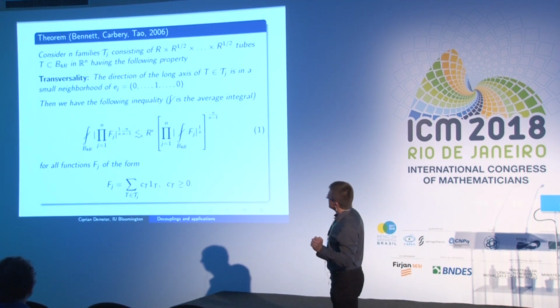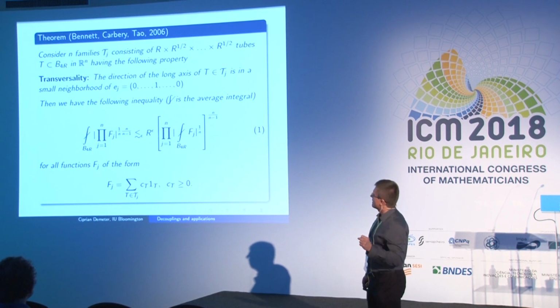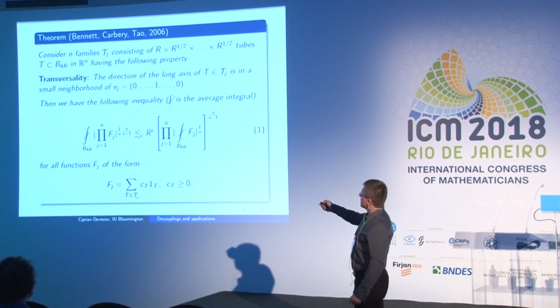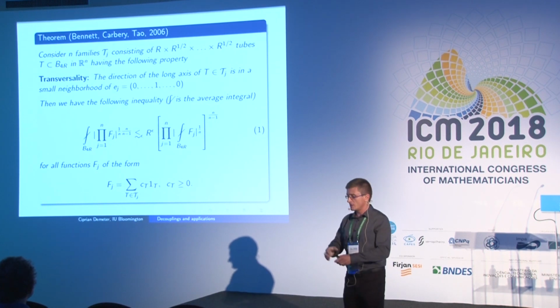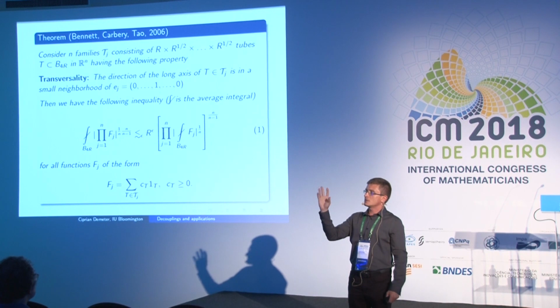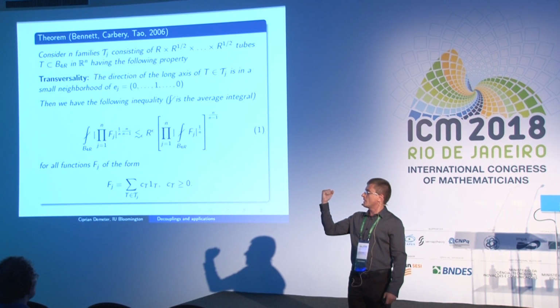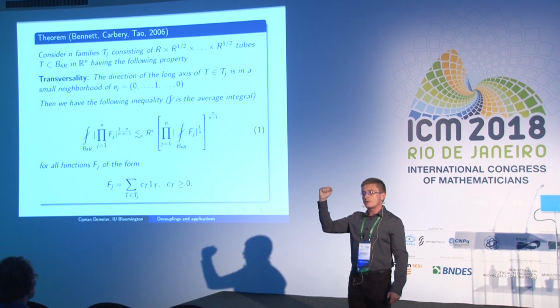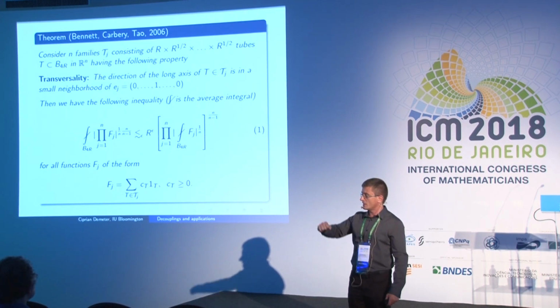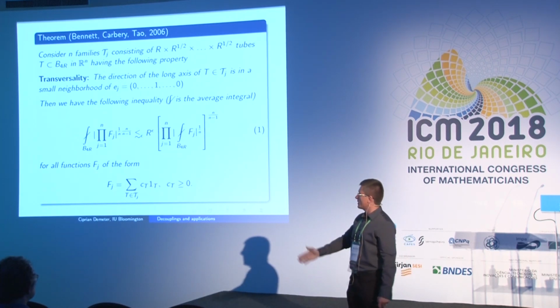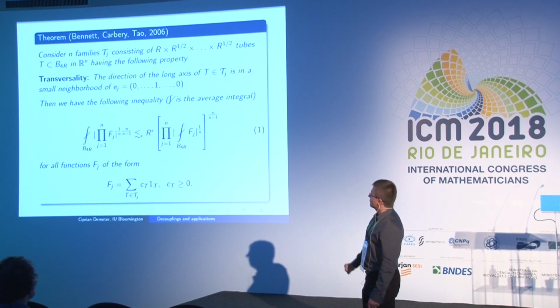And this is the theorem due to Bennett, Carberry, and Tao, so it's relatively recent. Let me read it rather quickly for you. So we have in Rn, n families of tubes. This time I scale them like this, so you can think about my hand, length about r, it's a cylinder, the radius about square root of r. And in each family, I insist that all the tubes point not in the same direction, but in nearby directions, close to the unit vector. And then I have another family of tubes, and again, they don't have to be parallel, but they more or less have to point in that direction,